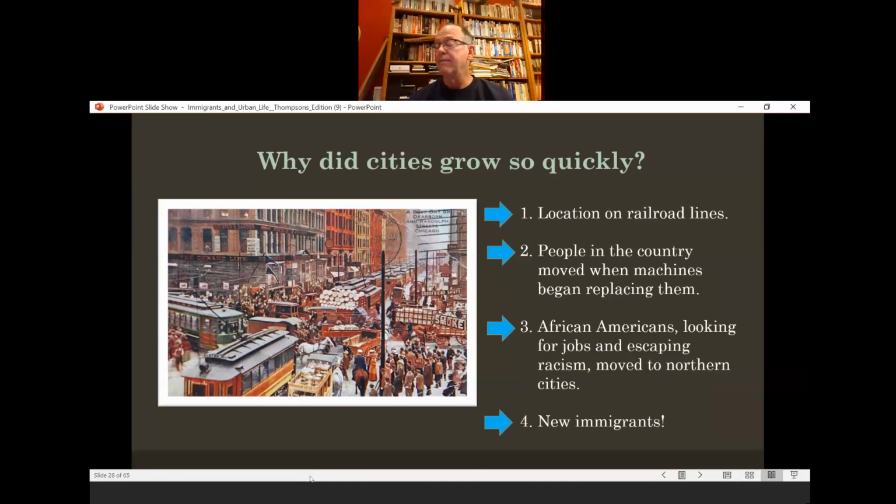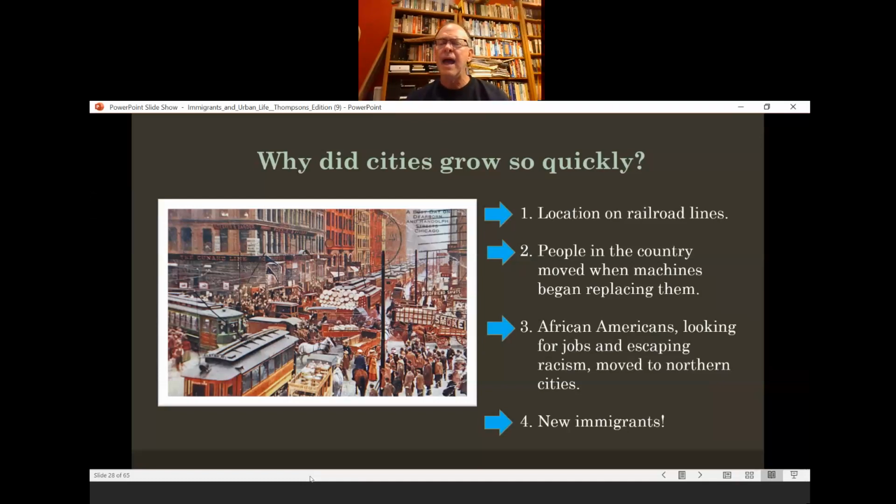Also, what we haven't discussed yet is, remember we're talking about the second industrial revolution and they're making new machines and things are being invented. Some of those things are for farms. They are machines for farms. And that means you don't need as many people in the countryside that you used to need to raise crops, to harvest crops. You've got machines coming in, so now there's not nearly as many jobs for the people in the country, and so a lot of them are moving into the city.